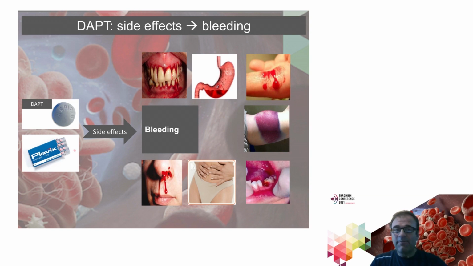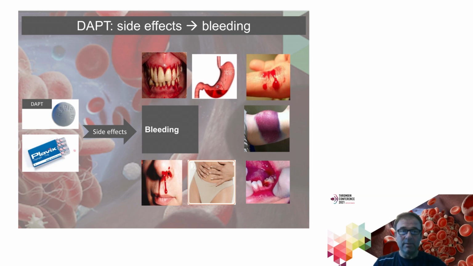But the problem is finding the balance is different in each patient. So there is no standard dose for dual antiplatelet therapy, but you need to measure in each patient which dose we should give, and then measure the platelet function. Well, this seems easy, but turns out to be more complicated than it seems, because there are many platelet function tests which claim to be able to monitor